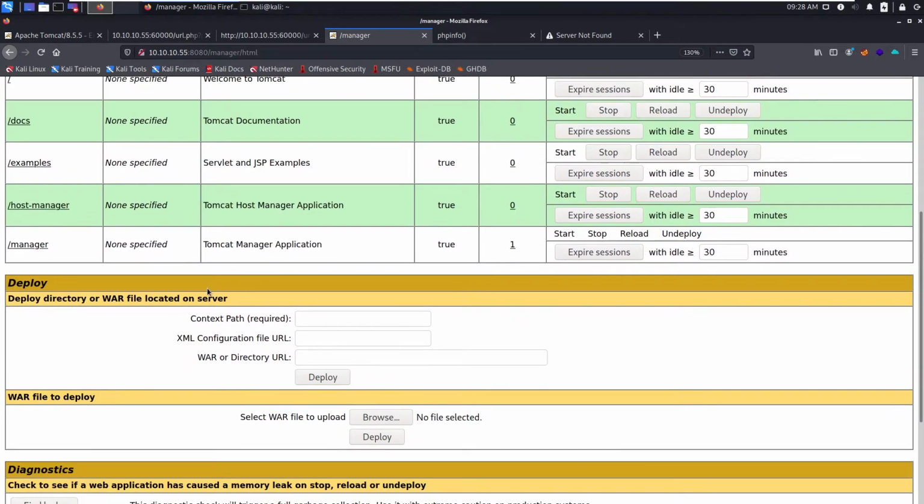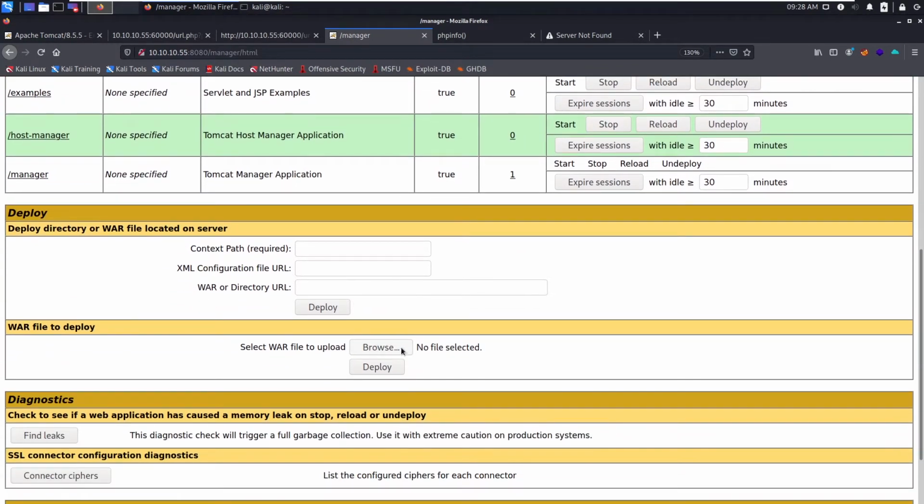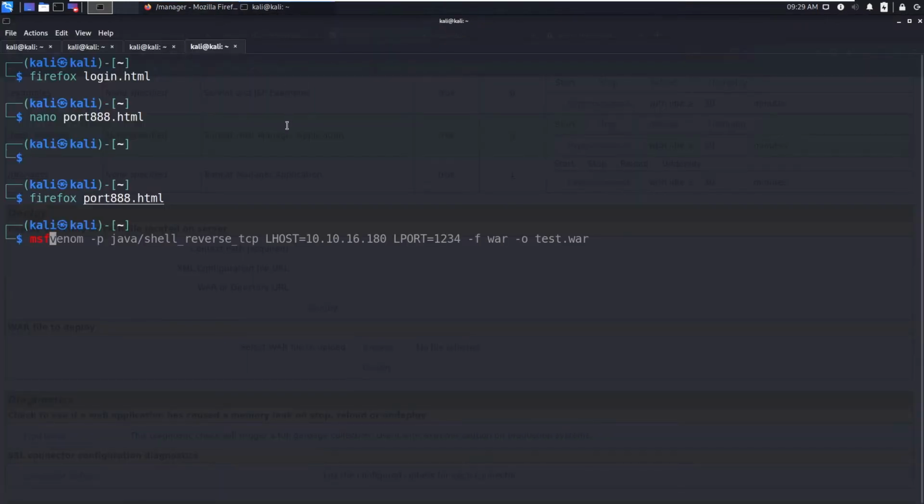Okay, now what we're going to do is upload a web shell. I spent so much time figuring out why it did not work, because I was uploading a web shell instead of a reverse shell. The reverse shell did work out, but the web shell did not. So let's create the reverse shell, Java shell reverse TCP, and hit enter.